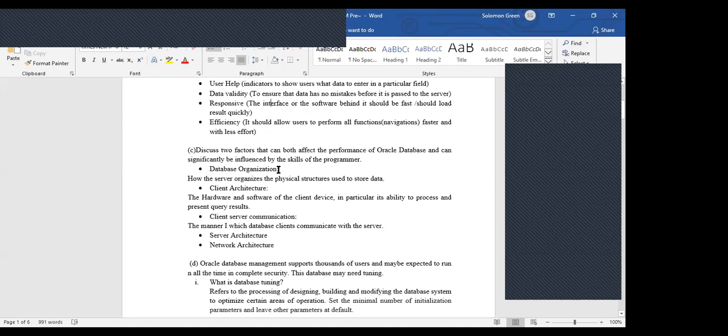is also like a software, because it also has the software part. So when the programmer is at the initial stages, creating this database, they're asking us to outline those few features that are determined by the programmer's skills to ensure the optimization of the database. One of which we said is database organization. Database organization is how the server organizes the physical structures used to store data. So when you go to the server,